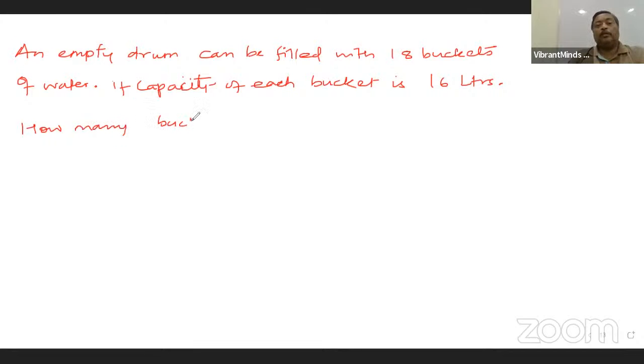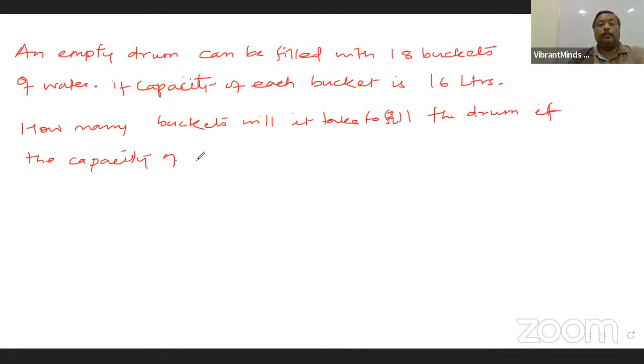How many buckets will it take to fill the drum if the capacity of each bucket now is 12 liters? So understand, 18 buckets of 16 liters,